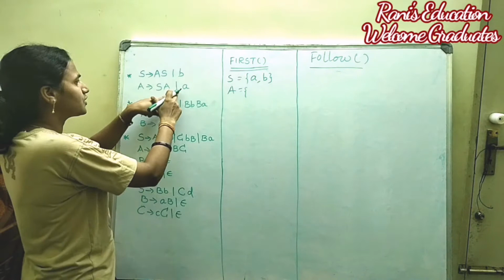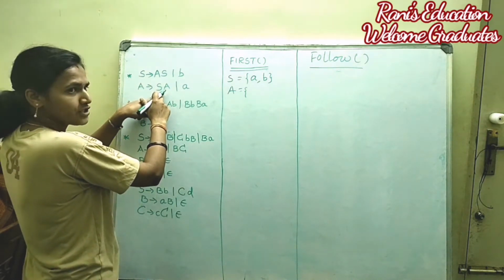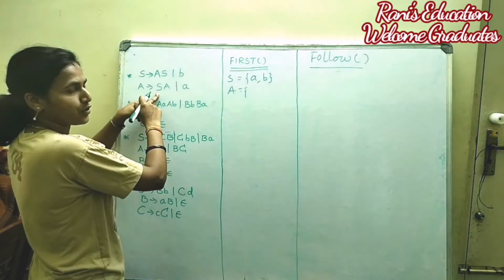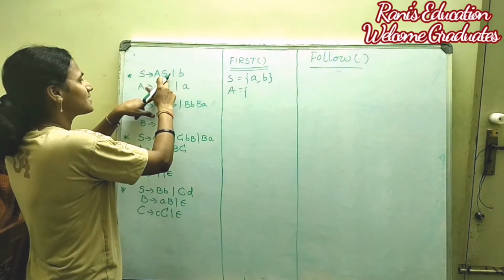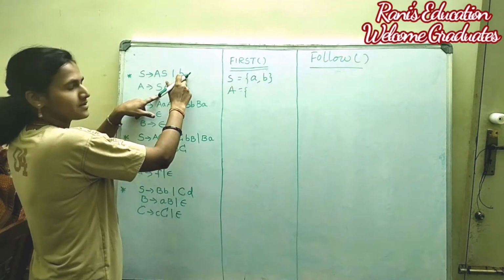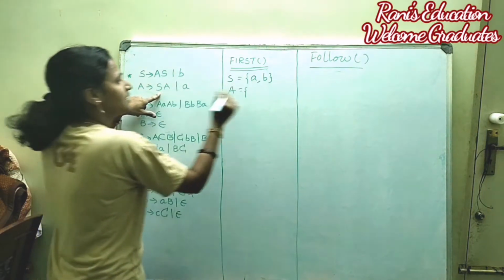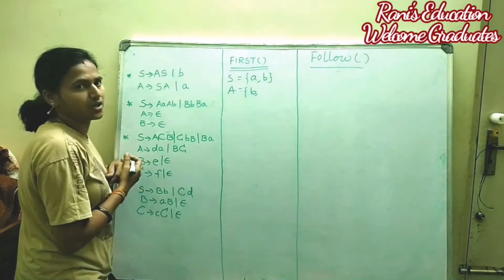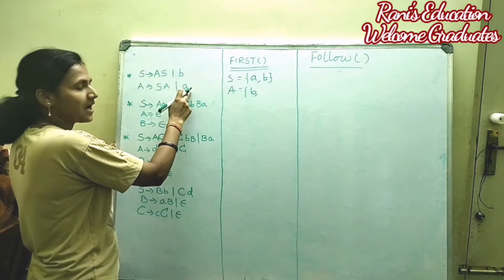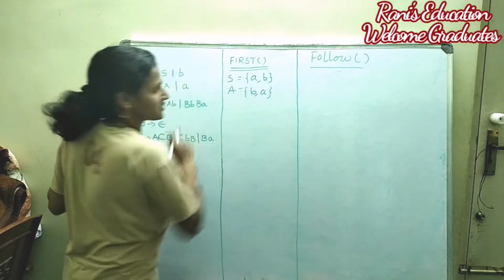Now move on to first of E. Here in the first production there is a non-terminal S. I am going to replace this by its corresponding productions. We can use A → aS and B in another way. If I replace S by one of its possible productions, that is b, the RHS starts with the terminal b. So I am going to consider b as one of the terminals for first of E. Then go for A → a. Here the RHS starts with a terminal, right? So directly we can take that as a terminal for first of E.